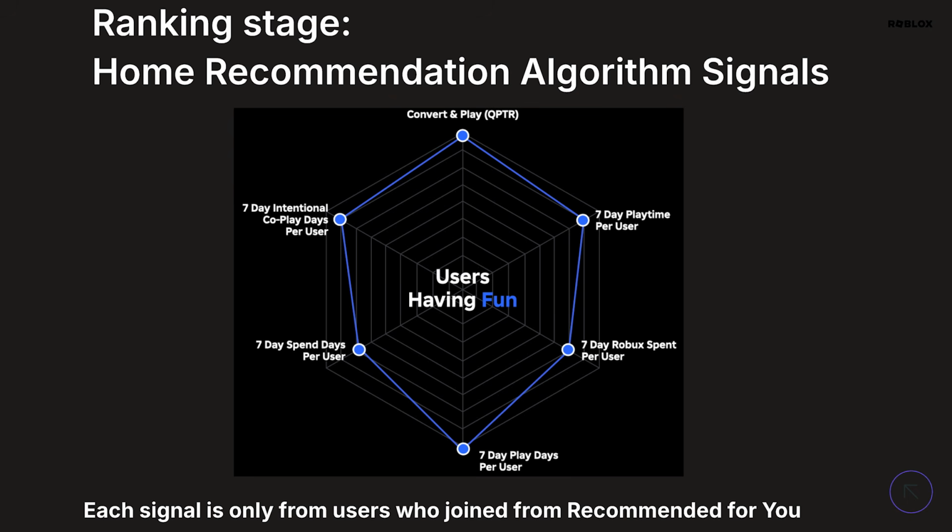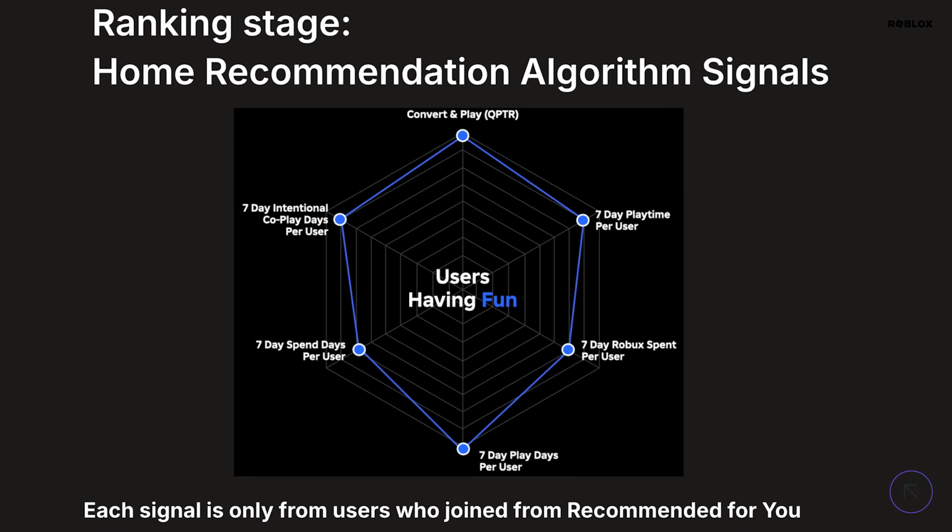So what are those 6 signals that drive the home recommendation ranking? One is qualified playthrough rate, or quality playthrough rate, which is essentially: users saw your thumbnail on the recommended for you section, they clicked and they played through. Not only did they just play, but they actually stayed long enough and engaged deeply enough for it to count as qualified. They spent enough time and did other actions that meaningfully convey it was not just that you entered the restaurant and came out, but you actually deeply engaged in the game.